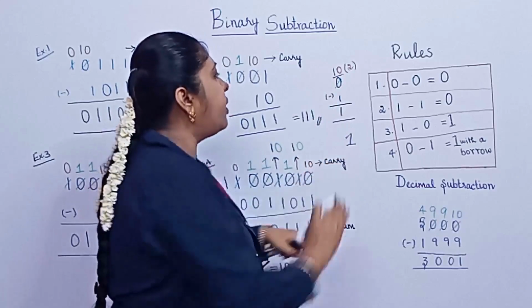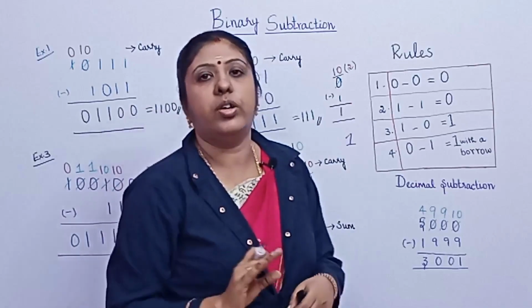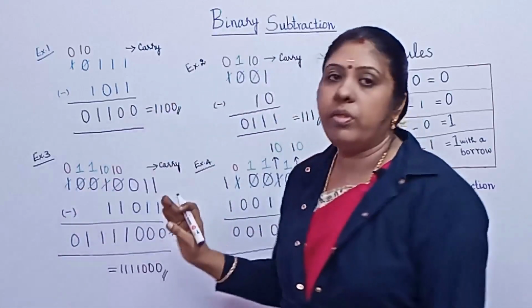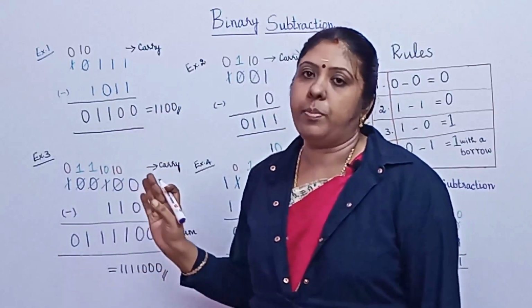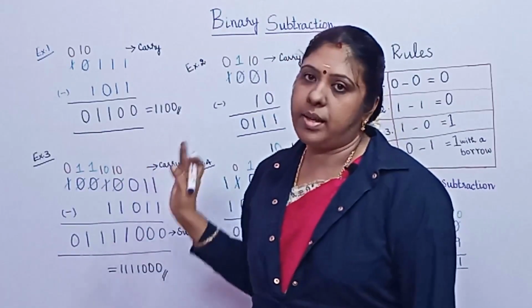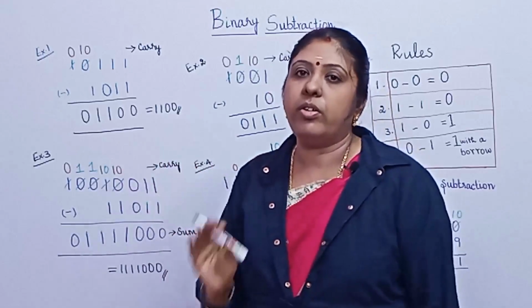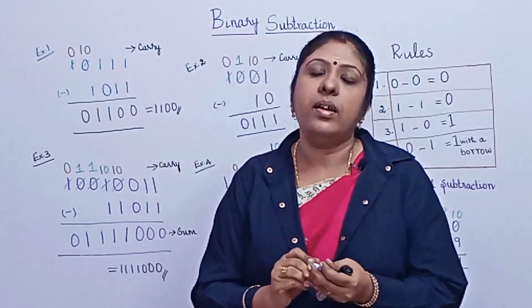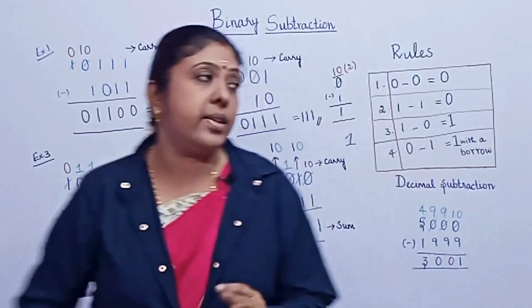These are the 2 important rules you have to remember during borrowing. Now through these we are going to evaluate 4 different examples of binary subtraction, for a clear idea and a clear explanation. So let us move on to